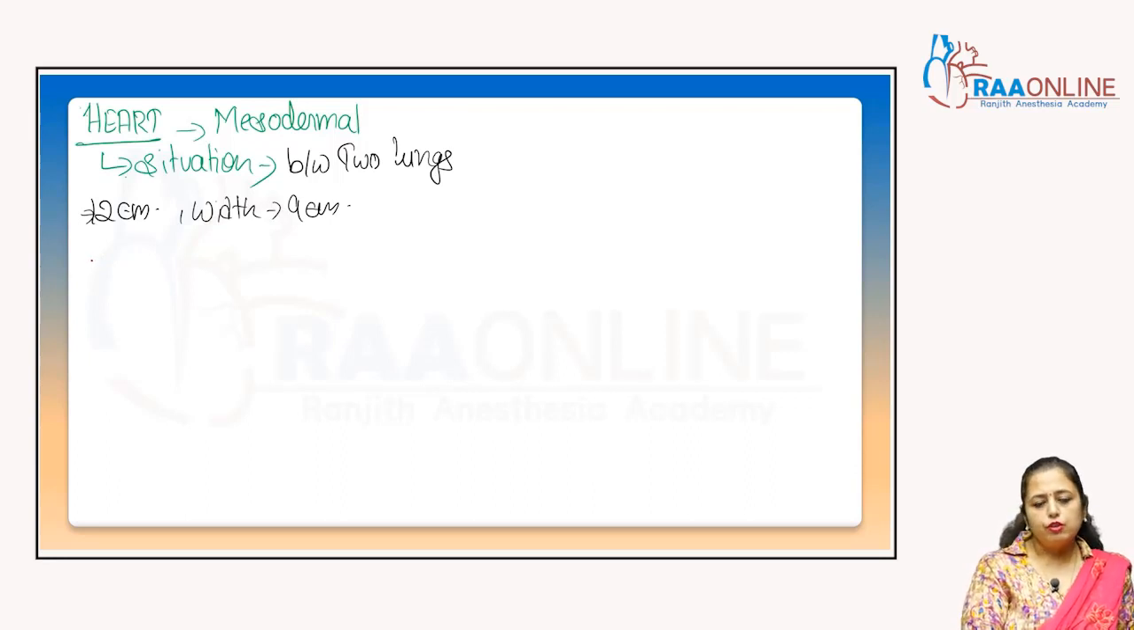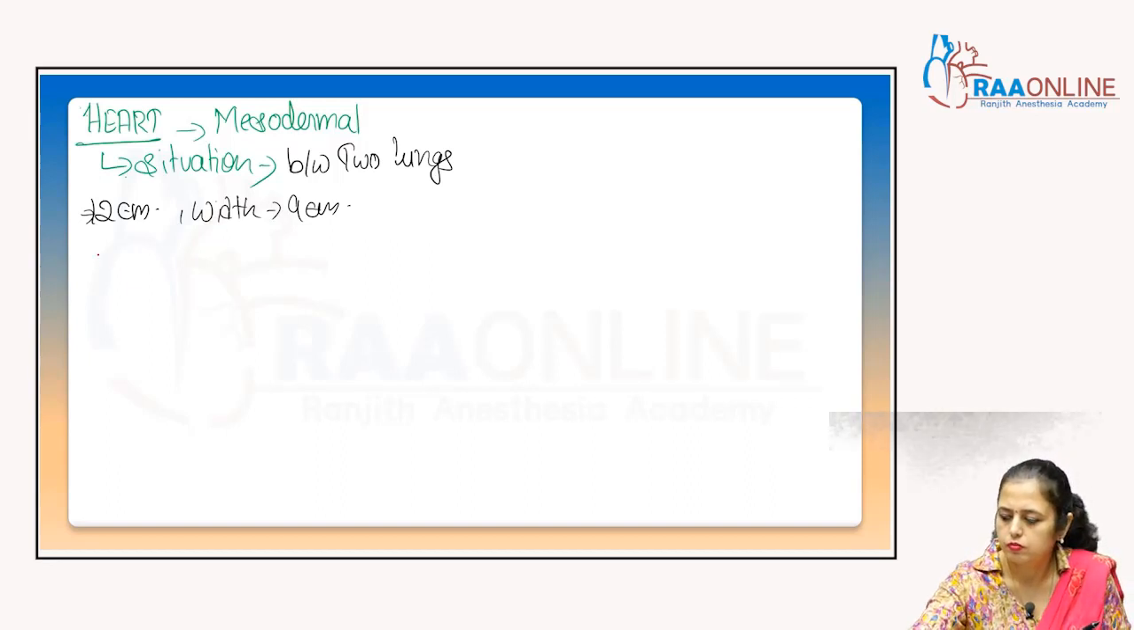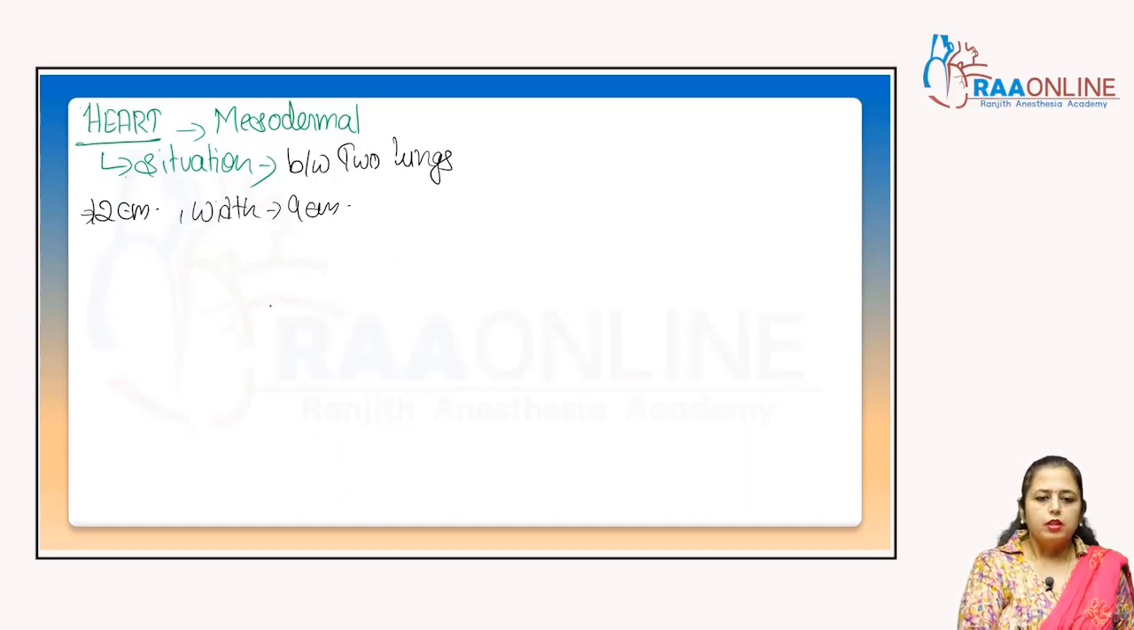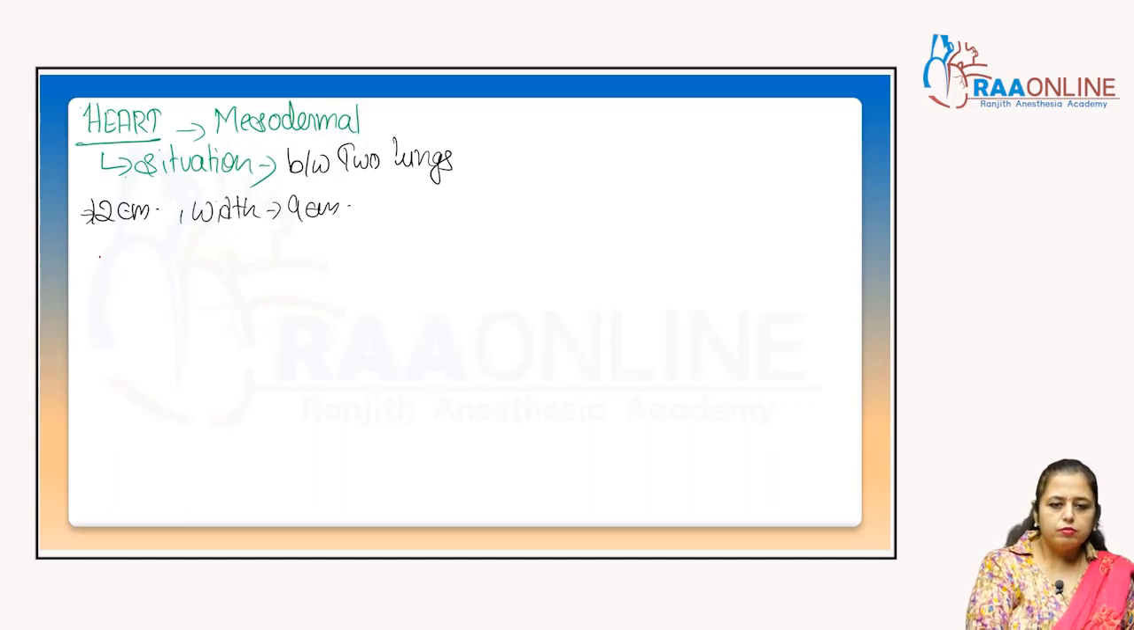When we talk about the structure of the heart, there are some chambers like the atria and the ventricle, right? Atria, ventricle, and the outermost covering of the heart, which is called the pericardium. Outermost covering of heart called the